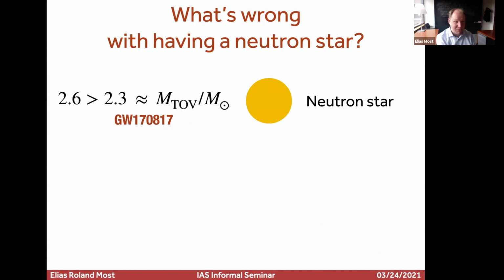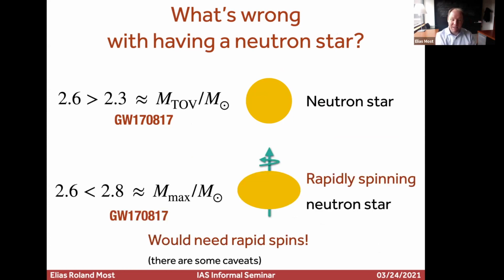And so the thing is now, however, if you believe that 2.3 is a good number, you can still bump this up if you add that the stars can be spinning. Because we said it's 20% more. If you add 20%, you get to 2.8. And so that kind of makes sense. The message that I want to put is, if you really believe this thing was a neutron star, it must have been very rapidly spinning, with all of the drawbacks that might entail.